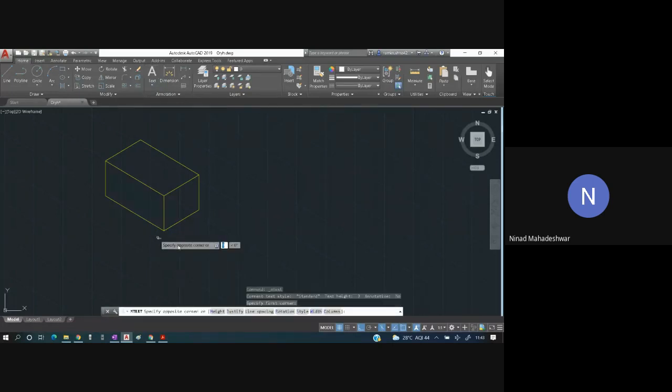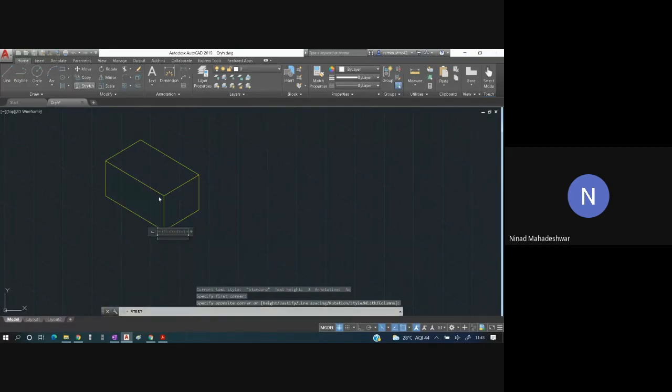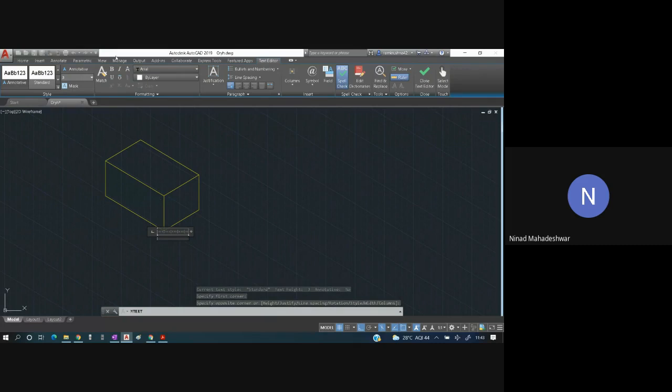I will put it over here and increase the size to 7 first. This is the position of the observer.